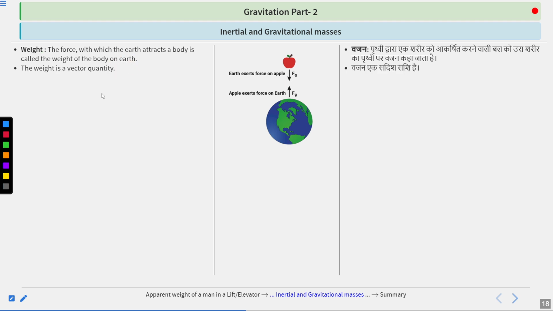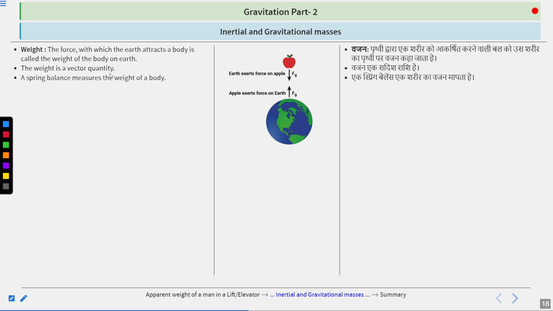Okay, the weight is a vector quantity. Why? Because it's not only having the magnitude but also having the direction. The direction is towards the center of the earth. Magnitude is the force that is being applied. Okay,